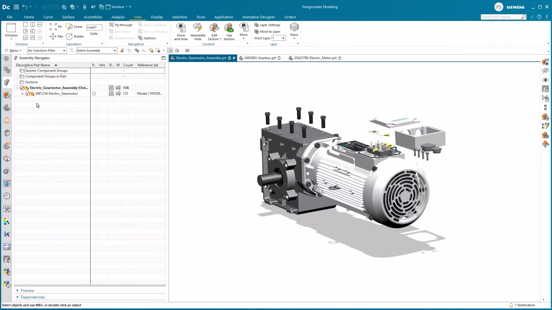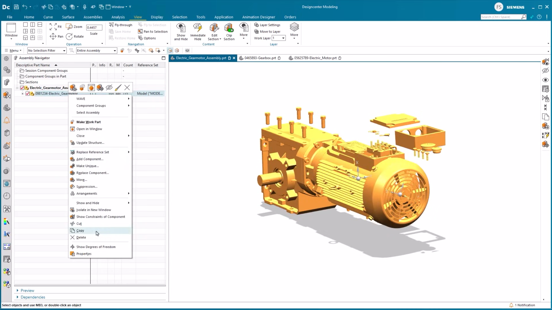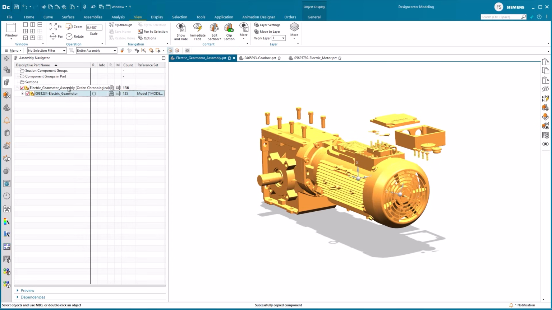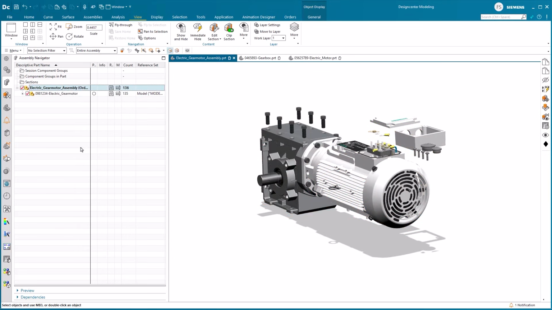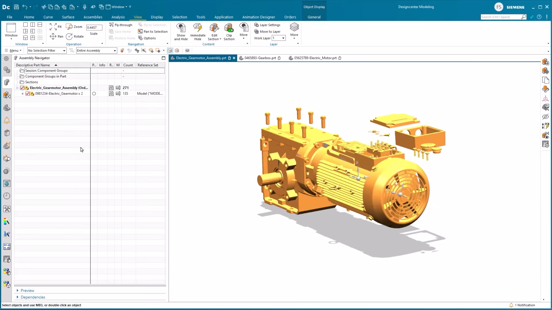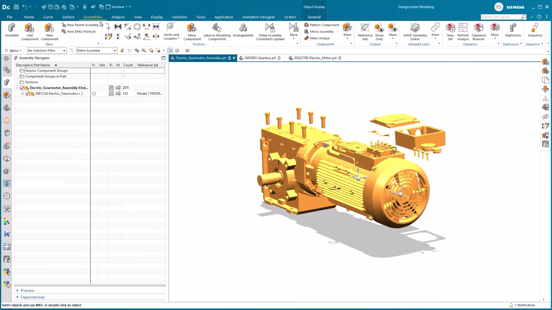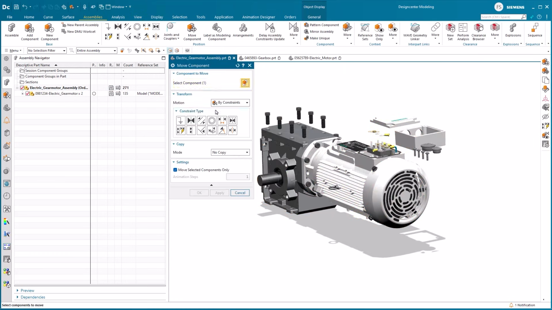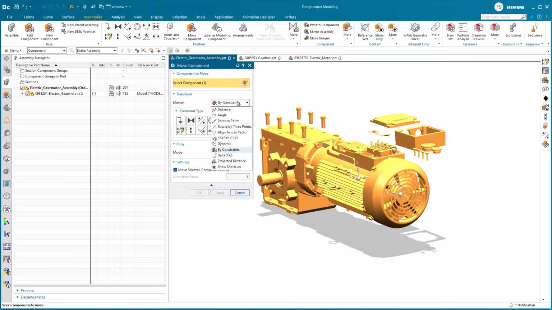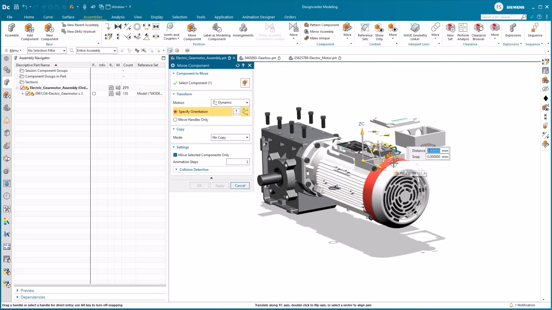When copying a component or subassembly and pasting it back into its parent assembly, the pasted component is now positioned in its original location. To demonstrate, we here copy the subassembly representing the full gear motor and paste it back into the overall assembly. Note that there are two gear motor assemblies, but they are packed in the Assembly Navigator. The pasted gear motor assembly is still selected, and hence we can easily move it into a new position to our liking using Move Component.